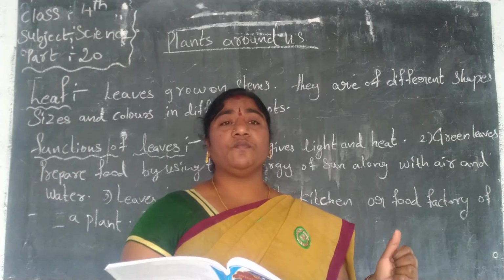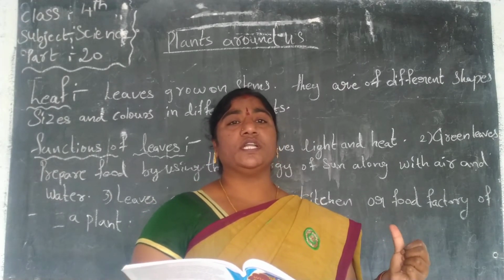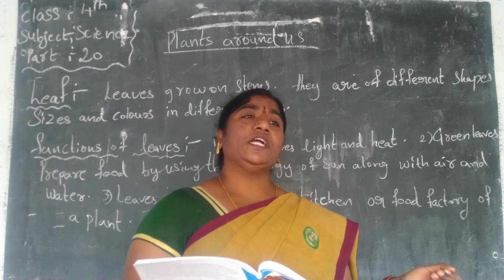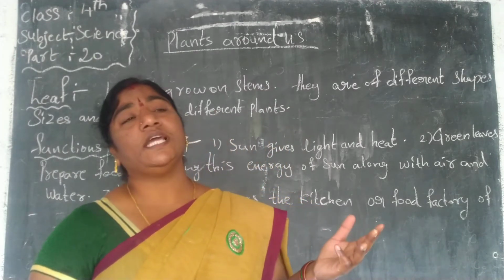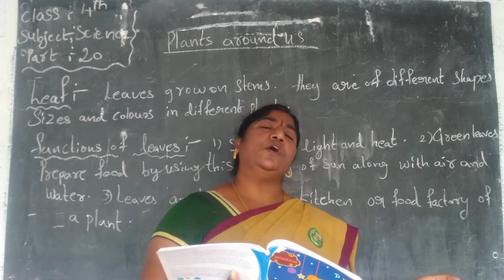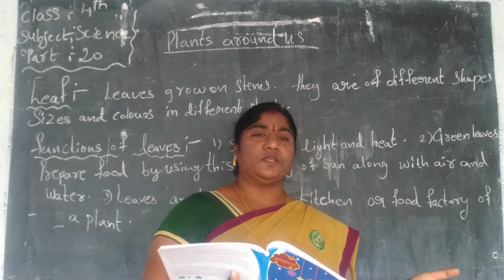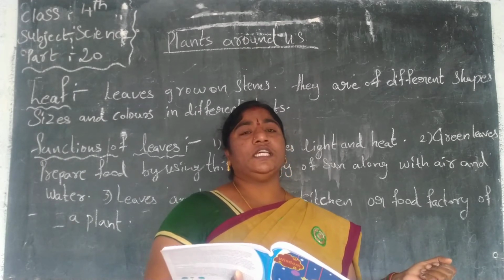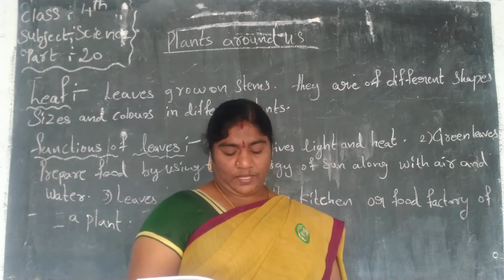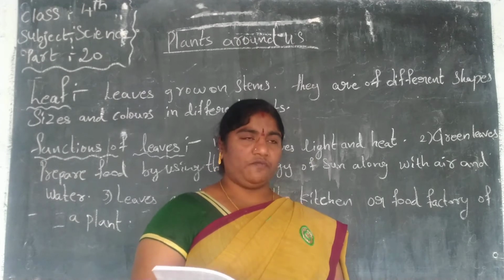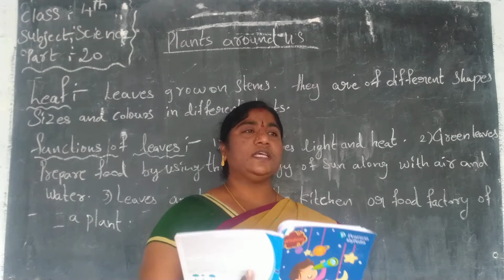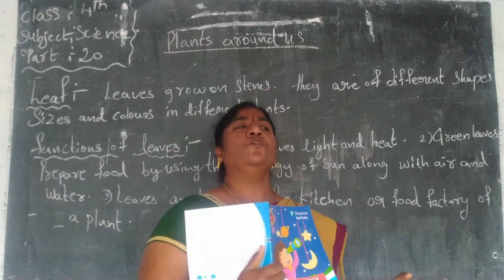How do they get water? The leaves get water from the soil when we are pouring it daily, and they take carbon dioxide from the air. They get carbon dioxide and water from the soil, and they get heat and sunlight from the sun, and they use carbon dioxide and water and trapped sunlight to make the food. These three things are used for making food for a plant. What are they? Sunlight, air, water.